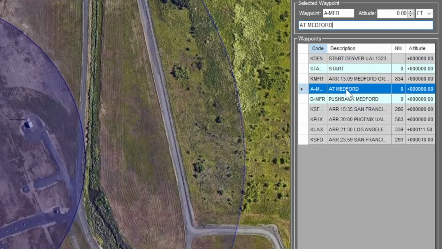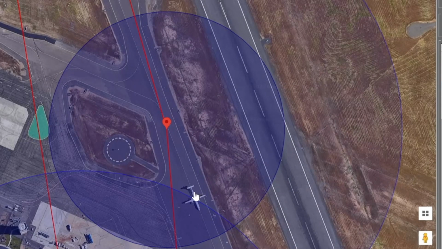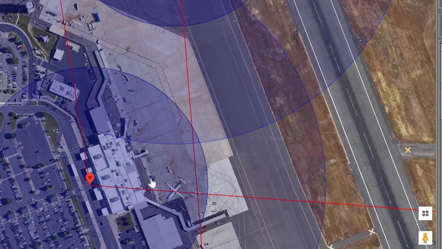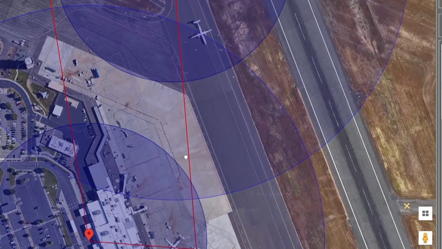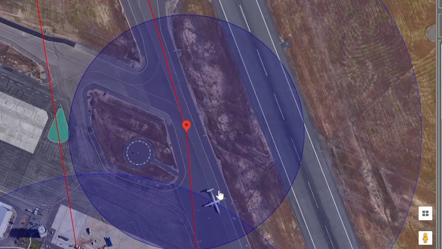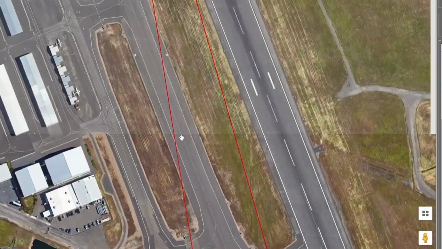So it'll flag a sector time. At this point, you'll have your timing from the start to when your wheels touch the runway at Medford. Then I'll taxi, then I'll park, go to the bathroom, pretend that we loaded and unloaded, get a pushback if I want to get a pushback, and then my next sector will start as soon as I cross my waypoint